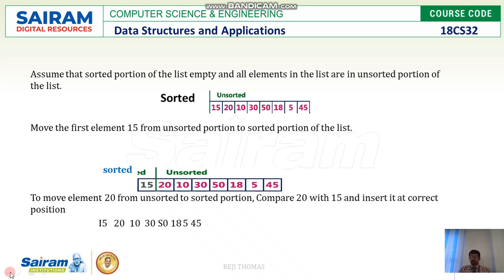As I told, the given elements are divided into two parts, unsorted and sorted. If you look at this diagram, before the first phase, the sorted part does not have any element because it is empty. We have not started the procedure actually. So we start with the first element. You take it out from the unsorted one and place it in the sorted array. We have done it. This being the first element, we have no difficulty in this.